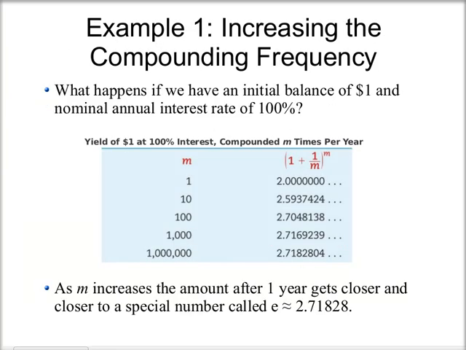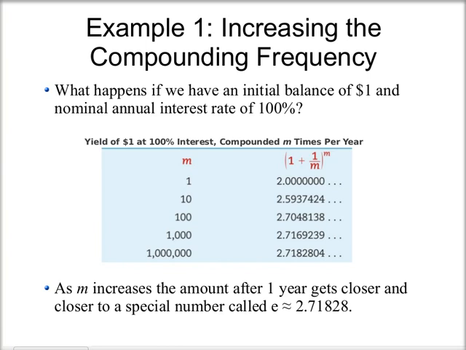First, let's look at an example of what happens as we increase the compounding frequency. So this chart shows what happens if we have an initial balance of $1 and a nominal annual interest rate of 100%. If that is compounded once per year, then after 1 year we'll have $2. If it's compounded 10 times per year, then after 1 year we'll have $2.59. If it's compounded 100 times per year, then after 1 year we'll have